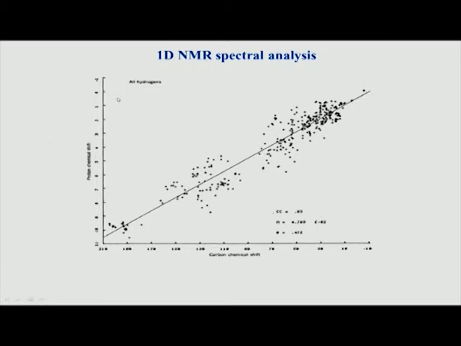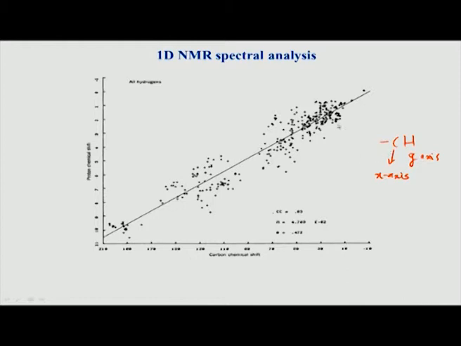What it says is that whenever you have a carbon proton pair, so we are basically looking at this kind of a system. So, we are looking at a CH pair. So, H is on the y axis, and for the same hydrogen carbon this is plotted on the x axis. Okay. So, this is for a particular pair. So, we take a large number of such pairs from a large number of molecules and the plot is shown here.